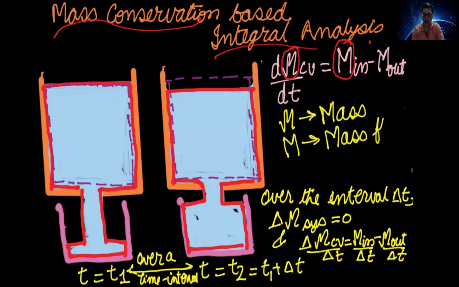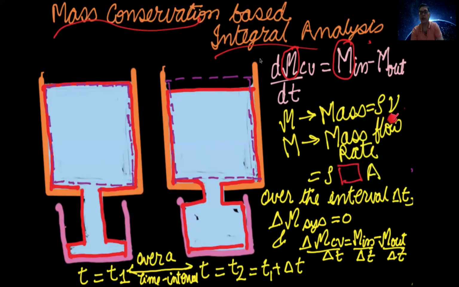So as mentioned, this curly M is mass and it equals density into volume. Note that I will be using two types of V. This curved V which I am showing you represents volume. Later on I will show you that if I use a capital letter straight V, then I'll call it a volumetric flow rate. The straight M I'm calling mass flow rate. All of you know the expression of mass very well. It's equal to the product of density into volume.